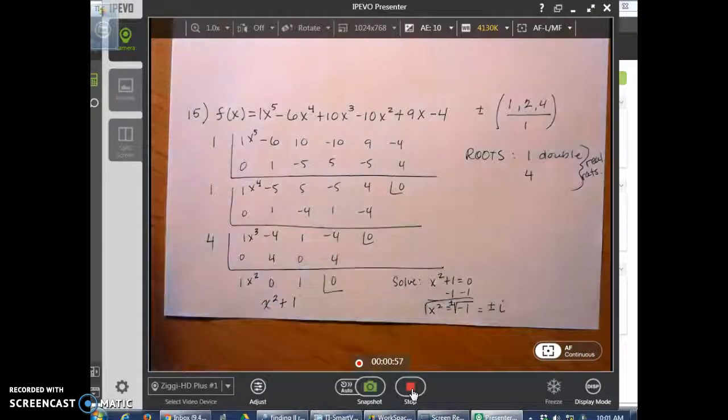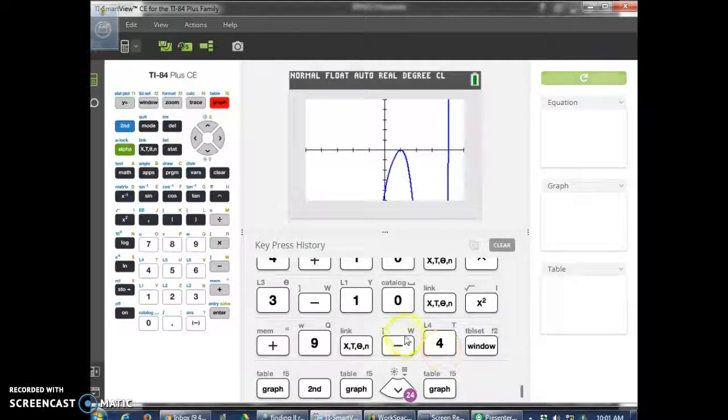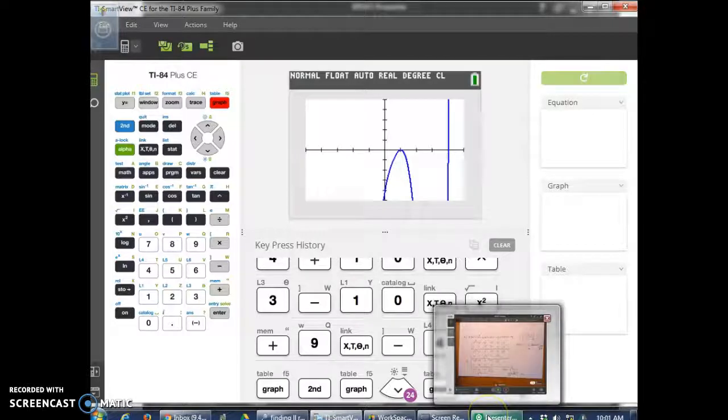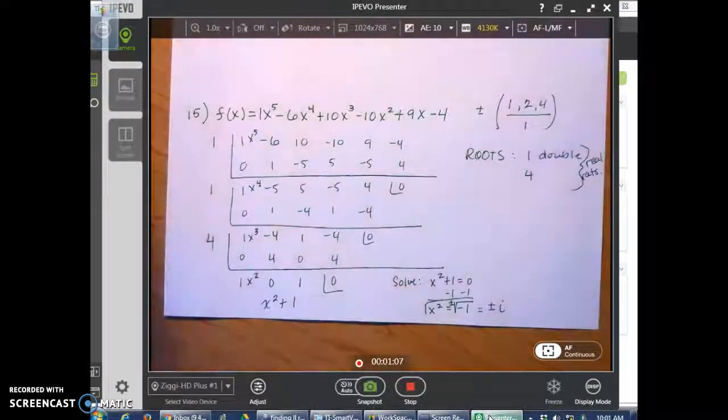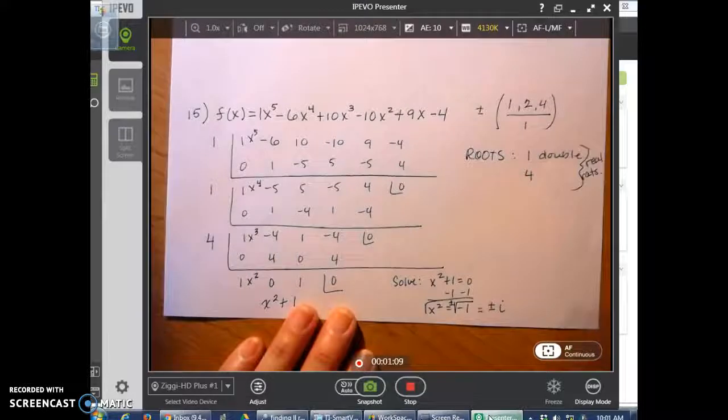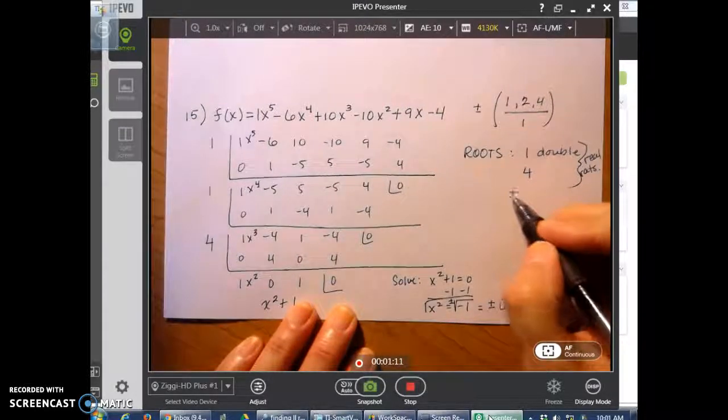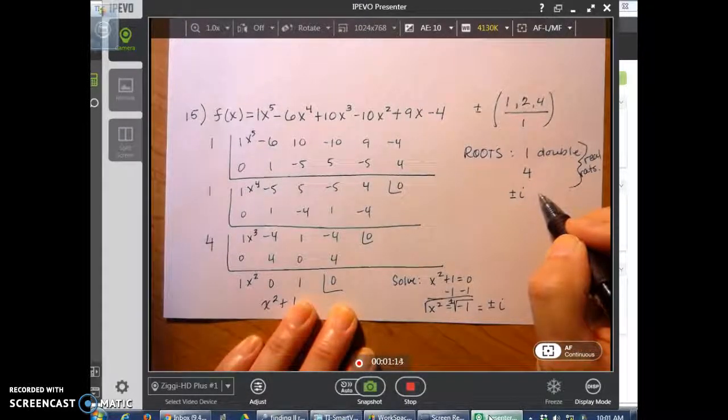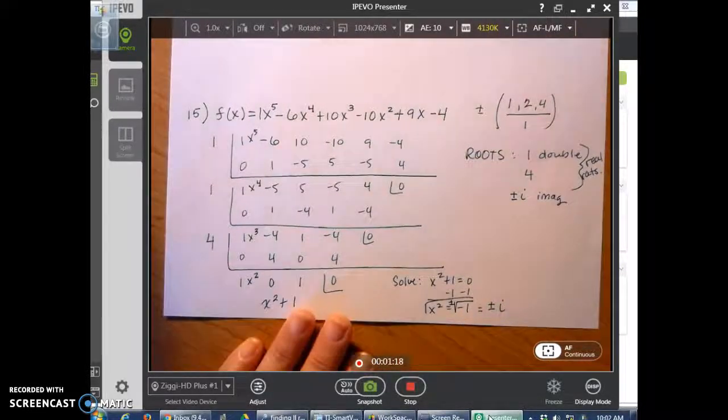So if you go back to the graph and remember what that graph looked like, we only saw 3 real rational roots, and the other 2 are actually imaginary. So those are those 2 roots. So we also have a plus and a minus i, which are the other roots, but they are imaginary or complex roots. Okay, so